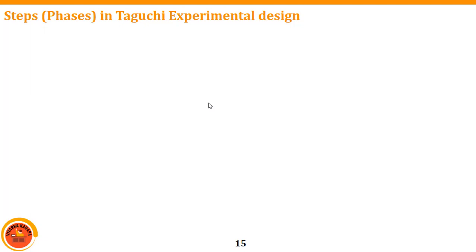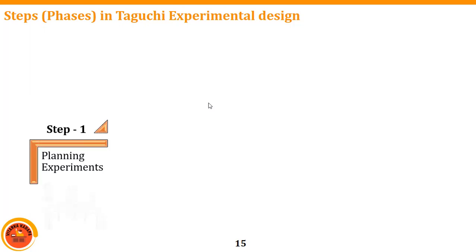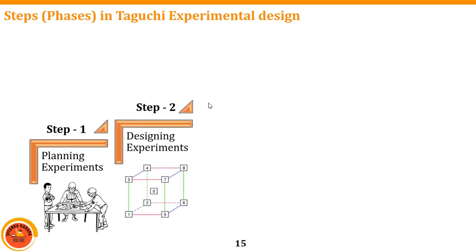Orthogonal arrays. So what are the steps in the Taguchi experimental design? Or steps or phases, whatever it may be. Because we have discussed experimental design, but in Taguchi experimental design, what are the phases? The first step is to plan the experiments, sitting in a group or with textbooks or literature available to us. The second step is to design the experiments. Which kind of layout should be there? Whether it is factorial, or completely randomized, or Taguchi design, or response surface, whatever the design, we have to plan it.